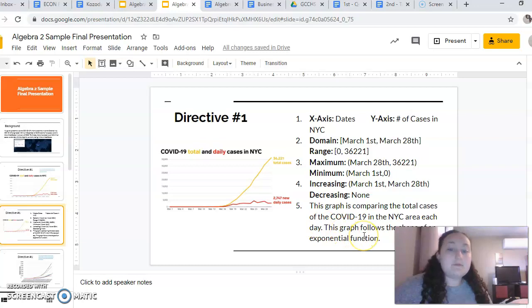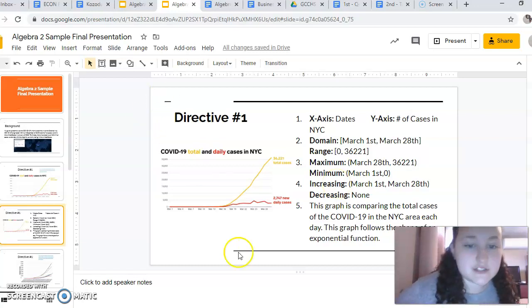And then part 5 of this is just 2 sentences explaining the graph. It's really good if you add some of that math vocab like I did. Just generalizing the graph in your own words of what it shows. So if I just saw the graph in this sentence, I'd be pretty familiar with what I just saw. Okay, then